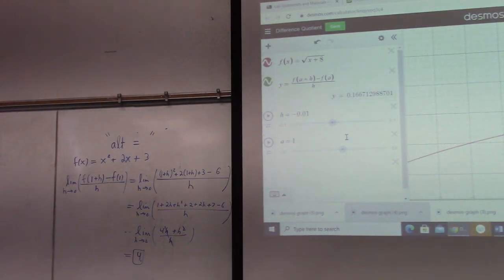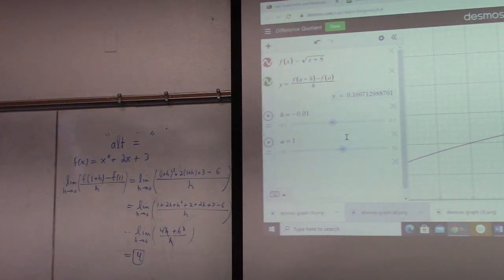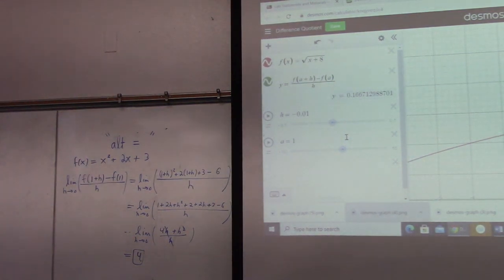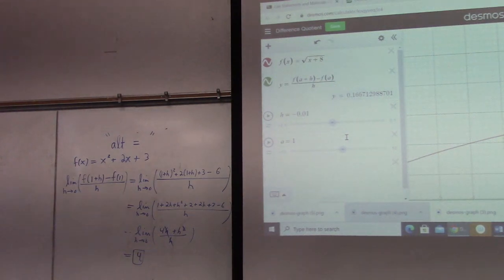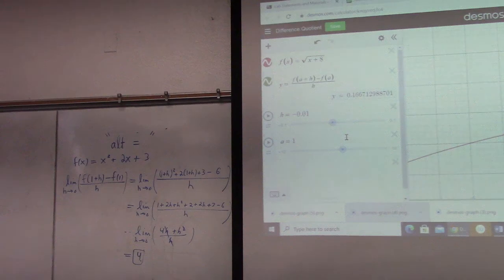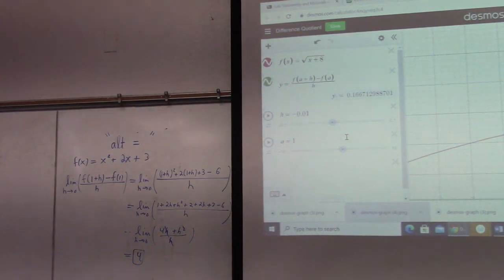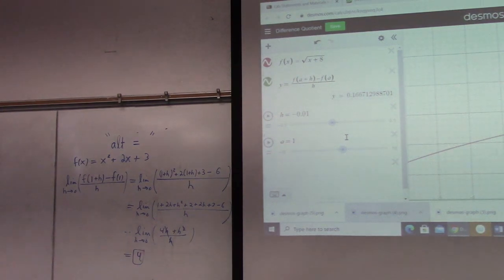Is that good? Yeah, I'm good. Okay, just checking. I guess the smart way to work here would be to downsize the Desmos window so you can have the Microsoft